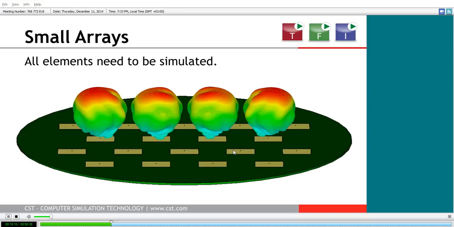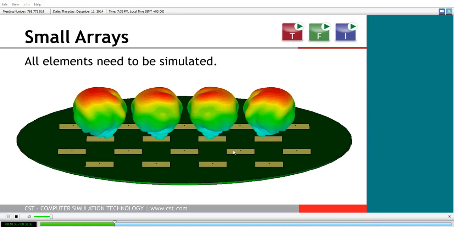The downside to this approach, at least from the perspective of a transient analysis, is that this would necessitate that each of the ports are excited and simulated in series, which gives you an n times linear increase to the overall simulation time. Alternatively, if you are relatively certain of the number of beam or amplitude weight combinations that you're interested in examining,